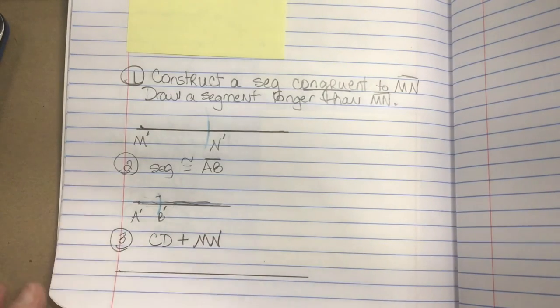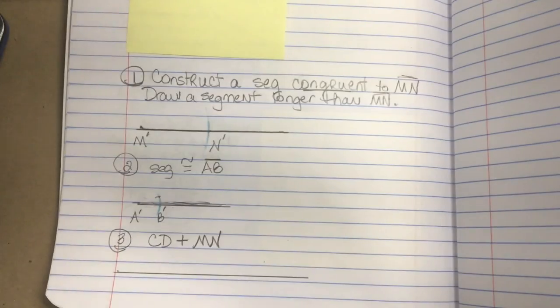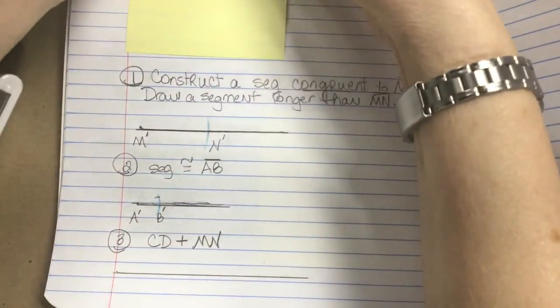Move that down just a bit. Now, what are we going to do? What do we need to do first? What did we do first? Measure with the compass. Which one you want to do? Does it matter? Is CD plus MN going to be the same thing as MN plus CD? Yeah, I'll do CD first just because that's what it says, but I don't have to. So measure CD,